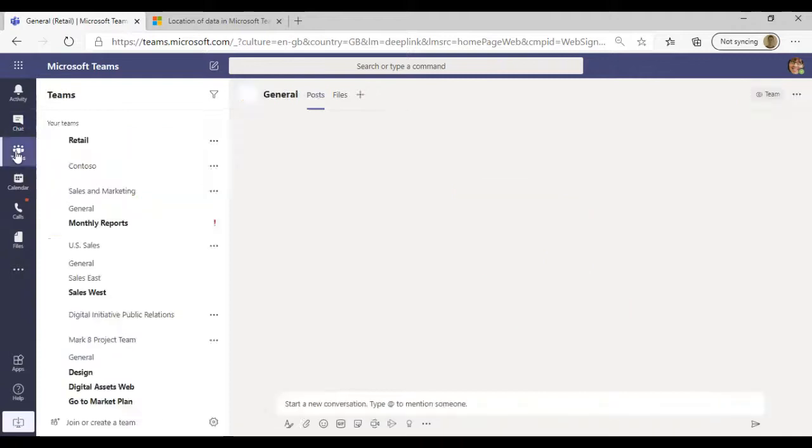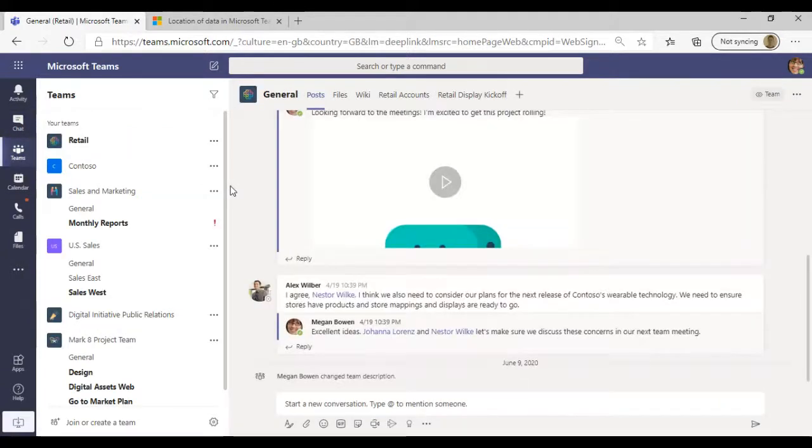When we move on to Teams itself, this is probably the most underutilized tool within Teams. Really, what Teams is used for is if, for example, you are going to be setting up a project with external users, then you have the ability to set up a specific project management group within Teams. And I talked a little bit about best practice before.